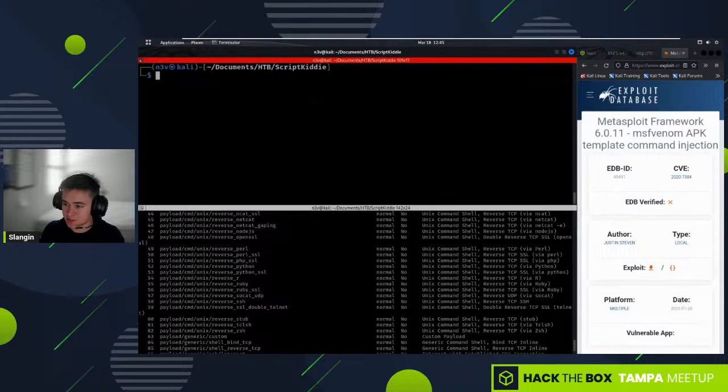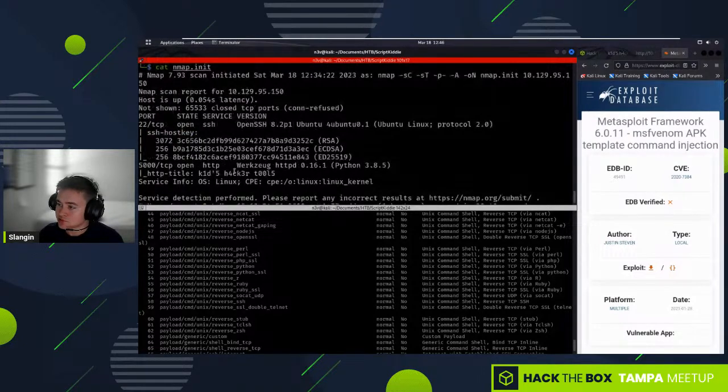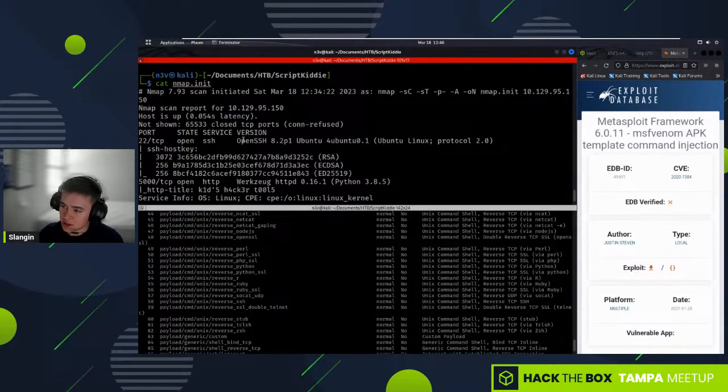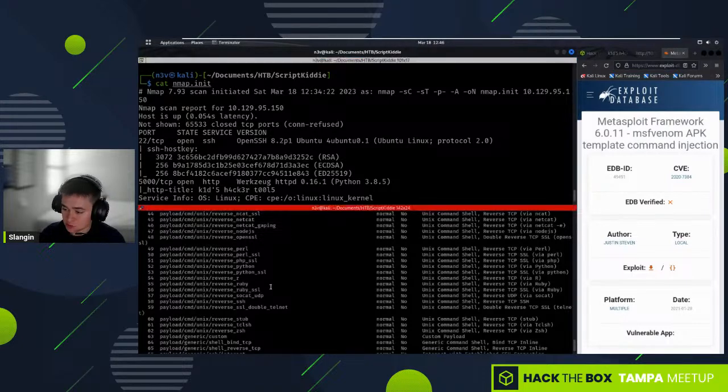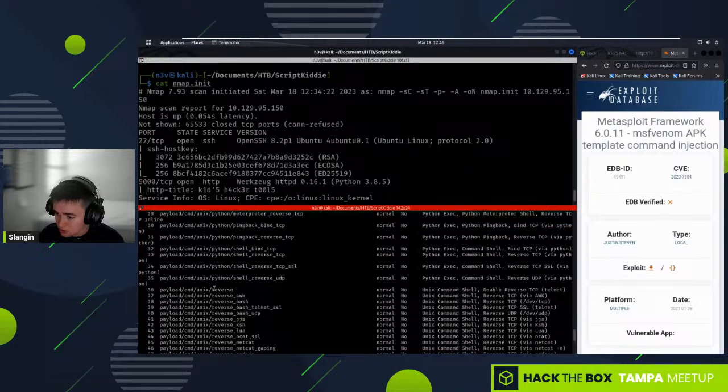You can tell this is a Linux box because if I read out that nmap, it's running Ubuntu. So the OpenSSH is running on Ubuntu Linux, so the underlying operating system is Ubuntu. So this is a Linux machine, so we're looking for a Unix payload. So if I just go to a typical